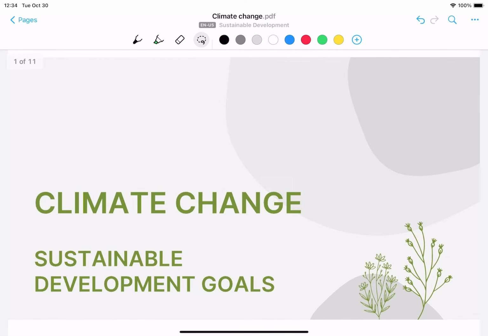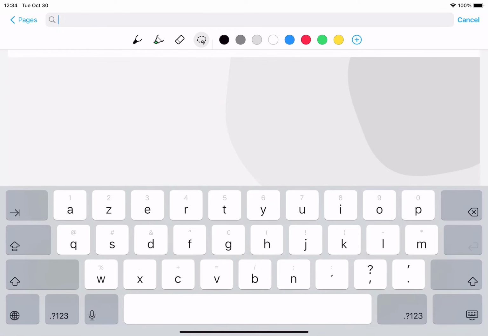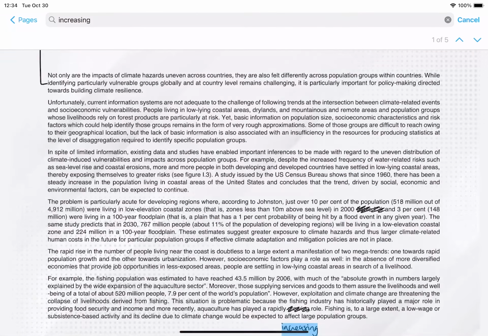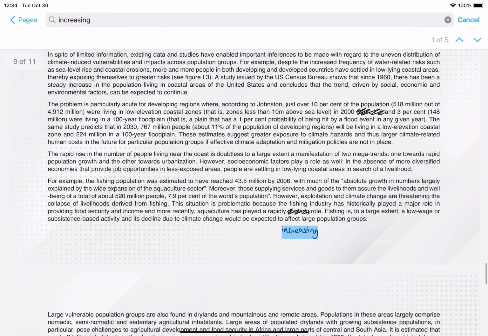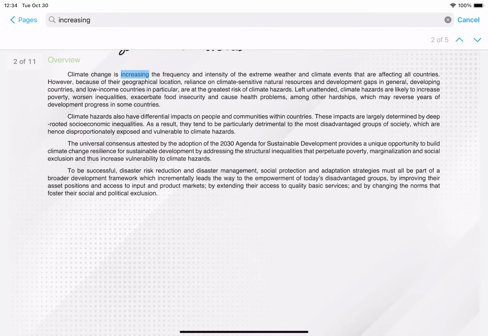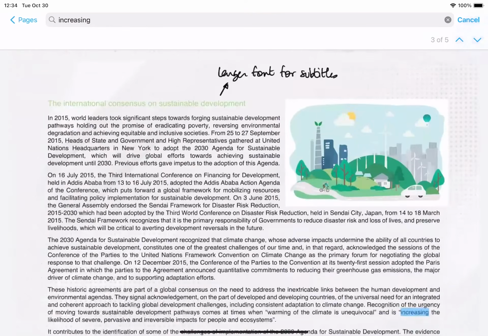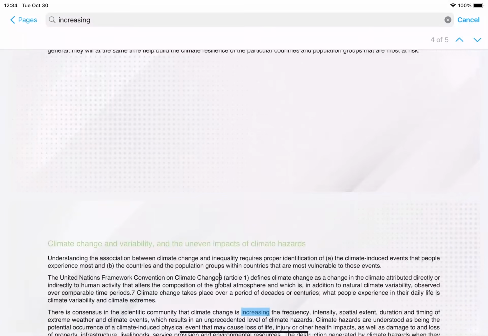To search the content on your page, tap the magnifying glass icon, type what you're looking for, and tap Enter. If the search term appears on your page, in the PDF content or your annotations, it'll be highlighted. If there are multiple hits, tap the arrows to jump to the next or previous one. If you enter several words, Nebo will search for each of them separately. Note that only the current PDF will be searched.